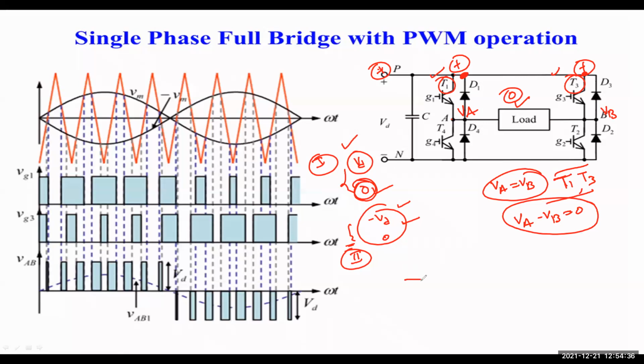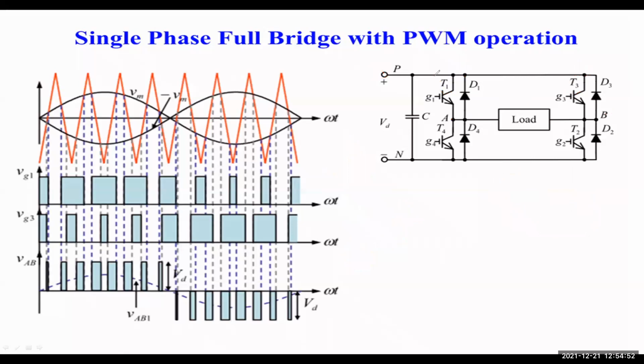So one, 0, is over. Next, how to get VD? By turning on T1 and by turning on T2, the cross devices. Here a positive voltage is applied and this device is turned on, and this way, with this positive polarity, we will get the voltage across the load, plus on one side and minus on the other. So in this way, we get the voltage across the load called plus VD.